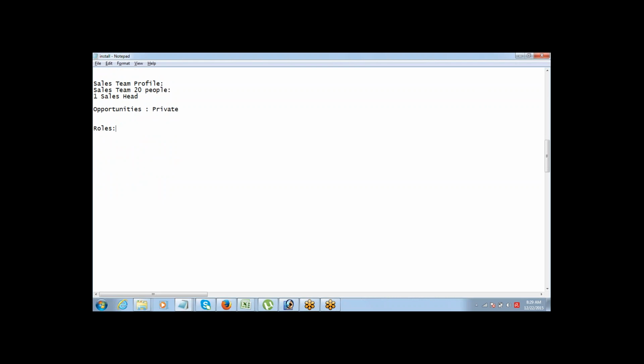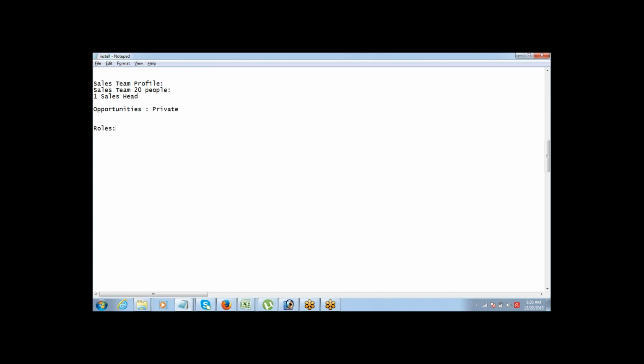Apart from whatever we have talked about, so we have talked about profile, permission set, OWDs, sharing rules, and admin permissions. There is another concept of roles in Salesforce. What is a role? Role is basically used for defining the hierarchy within your company. If there is a manager, and then a senior manager, and then someone who is VP,